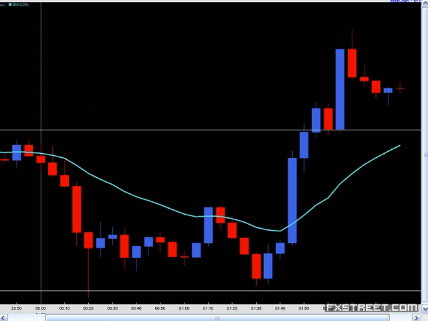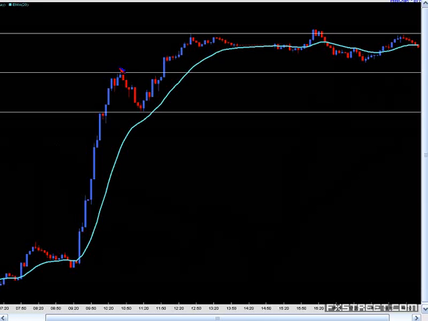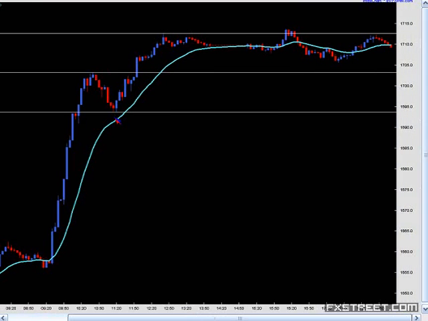Where did I place my stop? Pretty simple. Here was where the rejection was that I talked about. Here was the pullback level. Very simple. Stop just below this, a few ticks below it. Well, that gives me what? An $11 stop on gold. So I need at least a $22 target. Pretty simple.